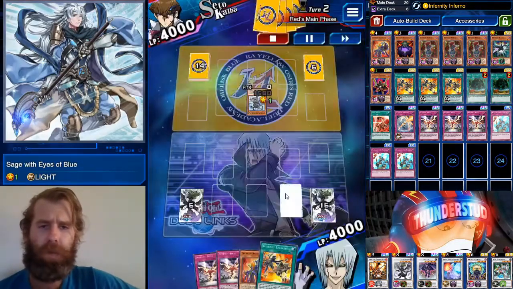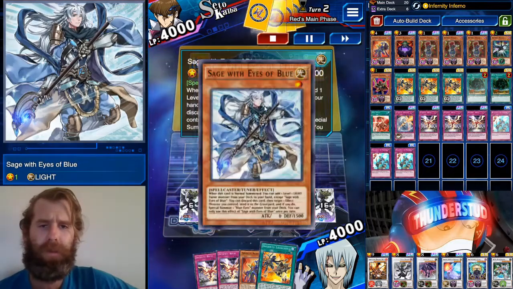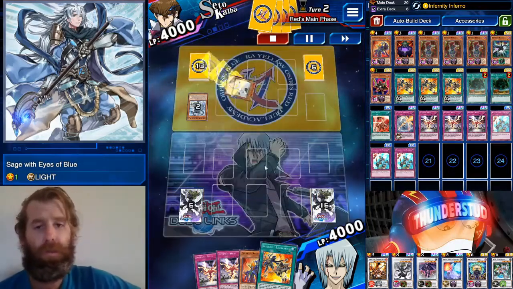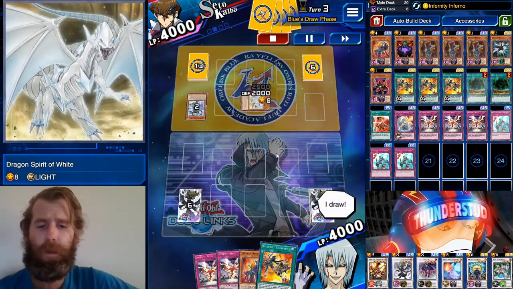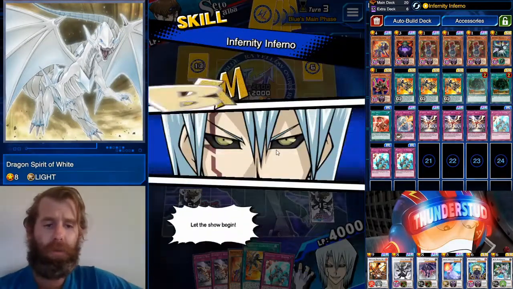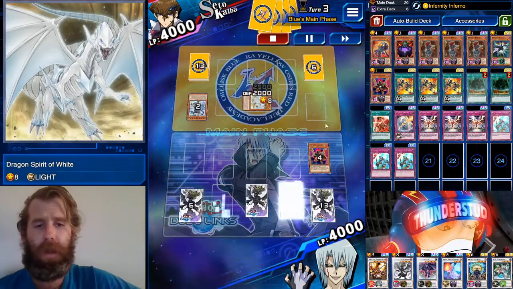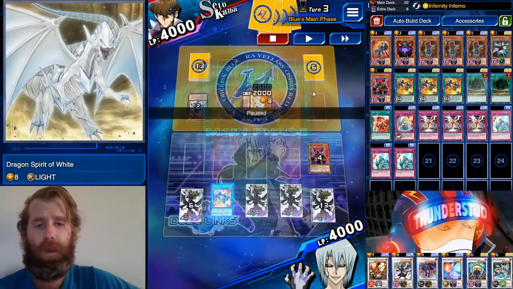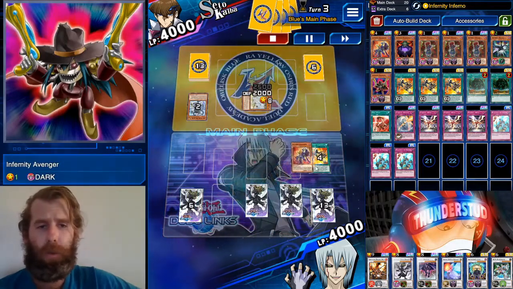Here we have a Sage of Blue normal summoning. Not scared at all because he has another Sage with Eyes of Blue, I should say, to summon a defense mode Spirit of White. So that means he probably for sure has a Blue Eyes in his hand. We get to use our effect because we didn't set a thing, we didn't do a thing, guys. And he didn't swing at us, so we just let him. Now we throw away our hand,